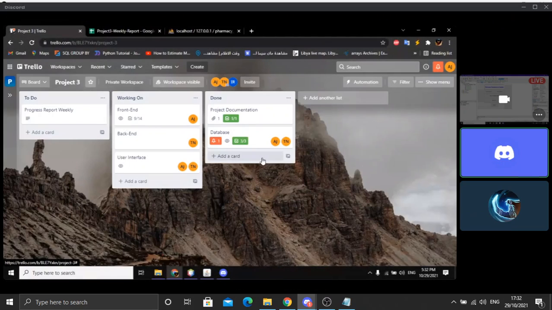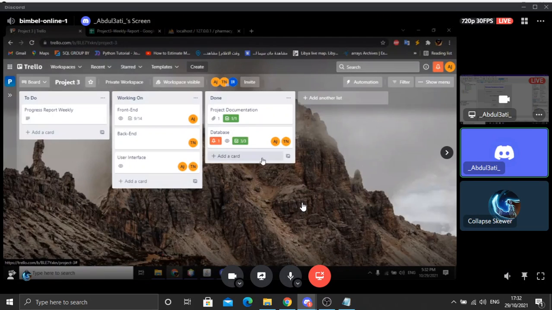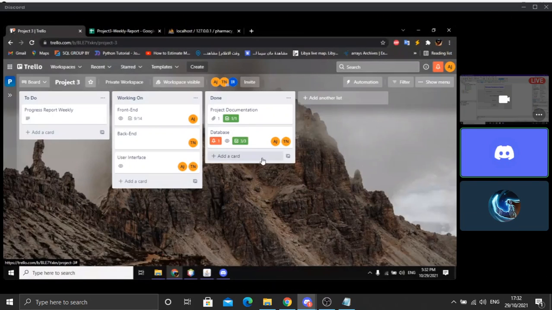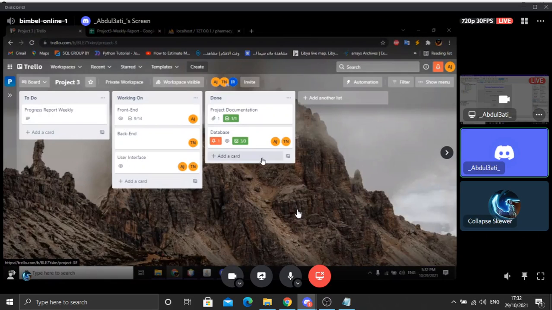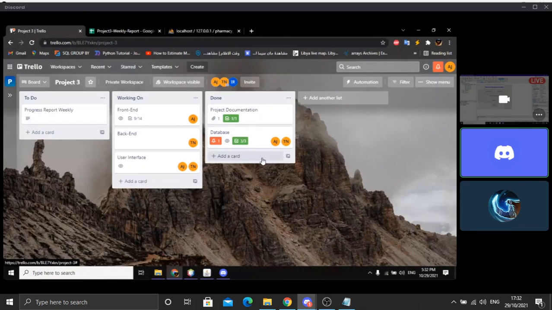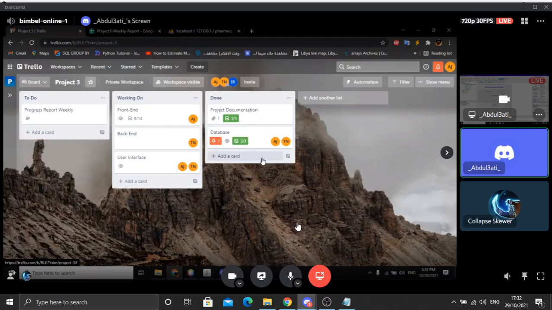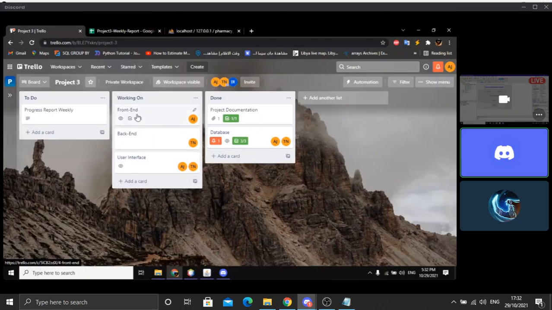We are team 6. We will present our report for the midterm for our project. Our project is the pharmacy management information system. So first, this is our trailer, and what we are working on now, we are working on front end designing